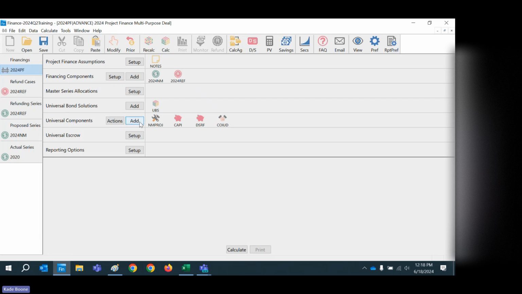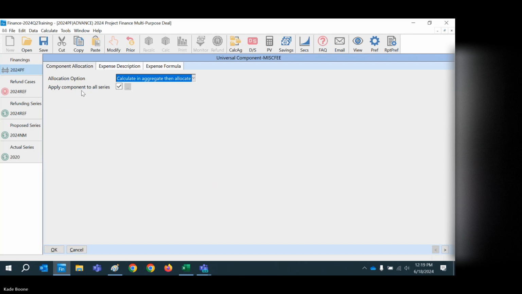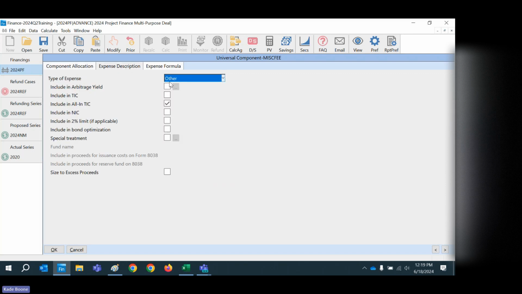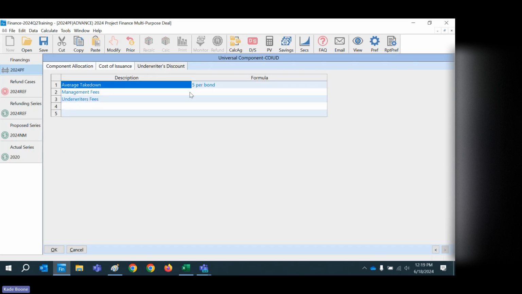Like if it's just some kind of a, and again, we can decide include, non-include, could also be part of underwriters, part of cost of issuance. So you could see here where you could say underwriter's discount, I want to calculate and allocate the, you know, or